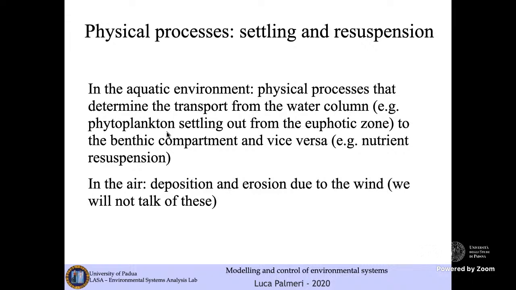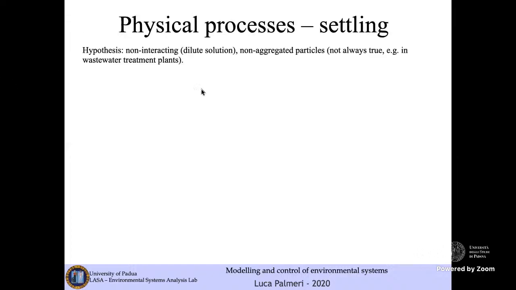So here we are describing processes of movement from the hydrosphere to the lithosphere, and in particular, we are now looking at what happens to suspended solids in the water column, while these suspended solids are moving due to gravity, or due to gravitational attraction, from the water column down to the sediment, to the bottom part of the aquatic ecosystem, that is the